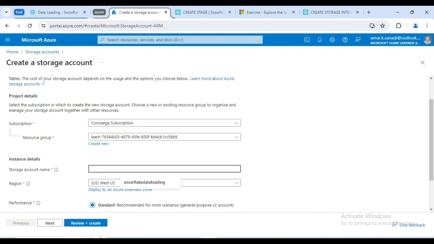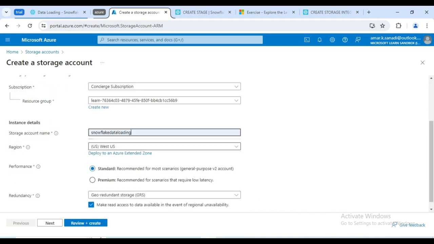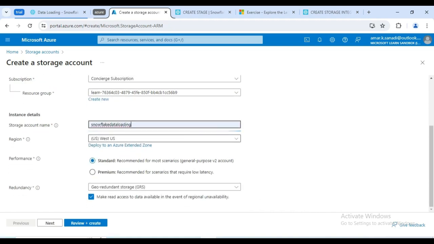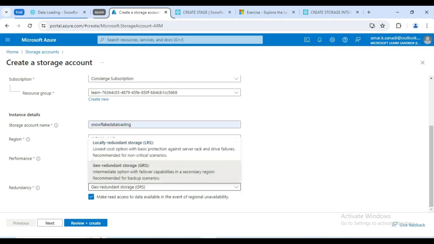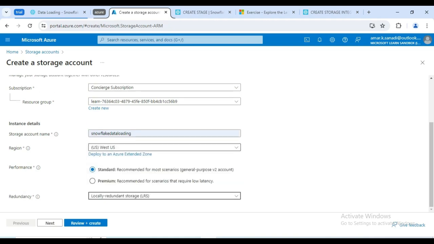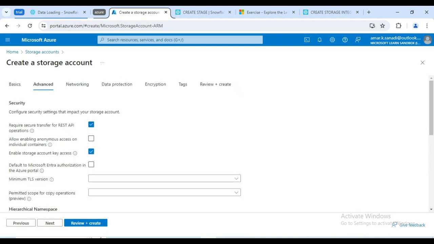I'll be giving the storage account name as Snowflake data loading, and let that be in the US West and standard performance. And I'll be changing the redundancy to local redundancy. I don't want any data which I store in the storage account to be replicated to some other geos. Click on next,